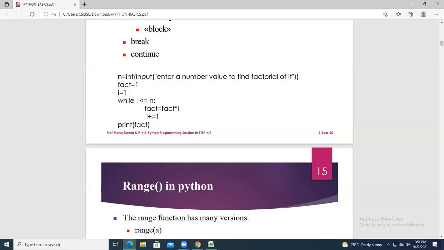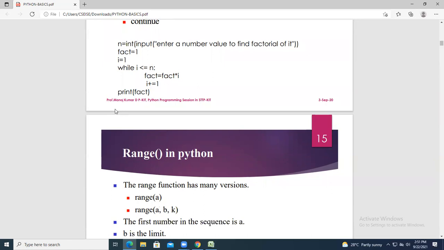Okay. So now my factorial function should keep on repeating until it finds the factorial until n. So I will be starting with 1 and it should end at n factorial. So how to calculate the factorial? You take fact star i. So that has been stored in the fact variable. This is the output variable. So I'm going to print the factorial of any number.